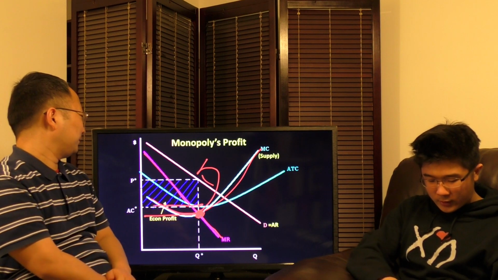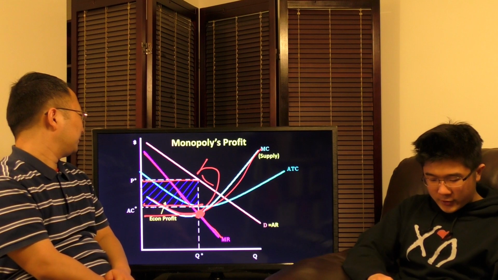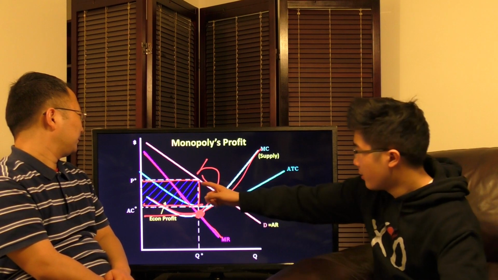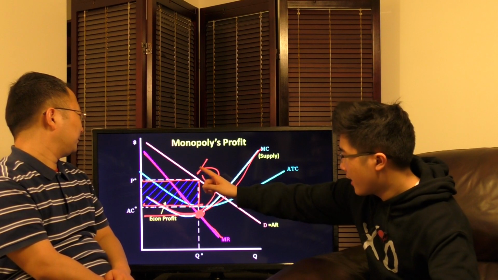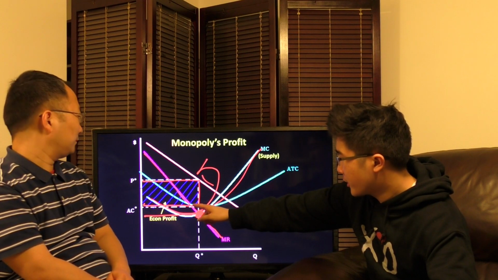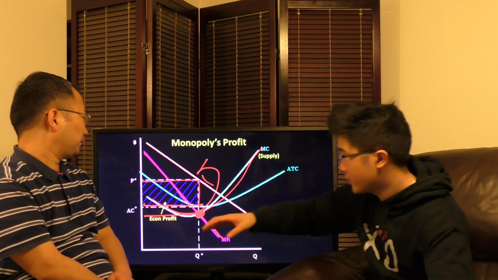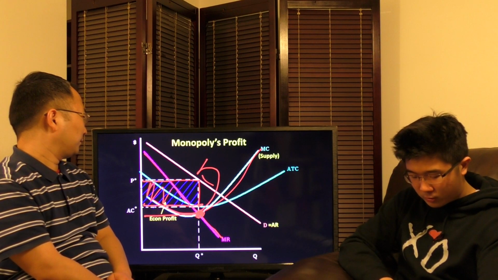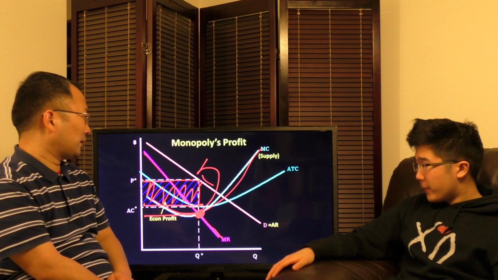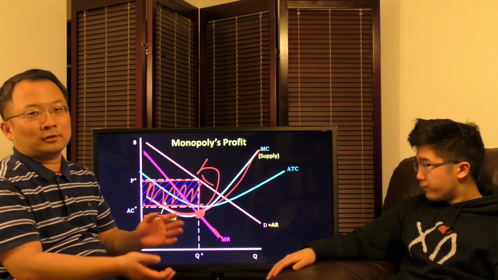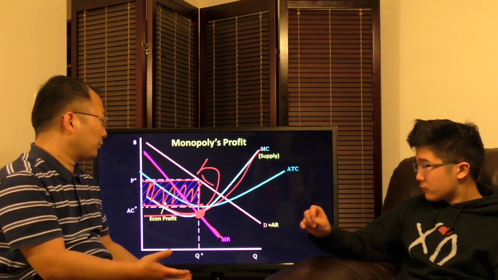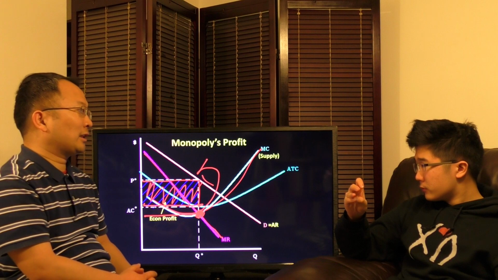Is right here. Yep. And so we see here there's a difference between the price per unit sold and the average total cost at that production point, and that difference multiplied by our total quantity sold becomes our profit. This rectangle right here is our profit. The economic profit. So that means, different from perfect competition, our monopoly company enjoys a positive economic profit.